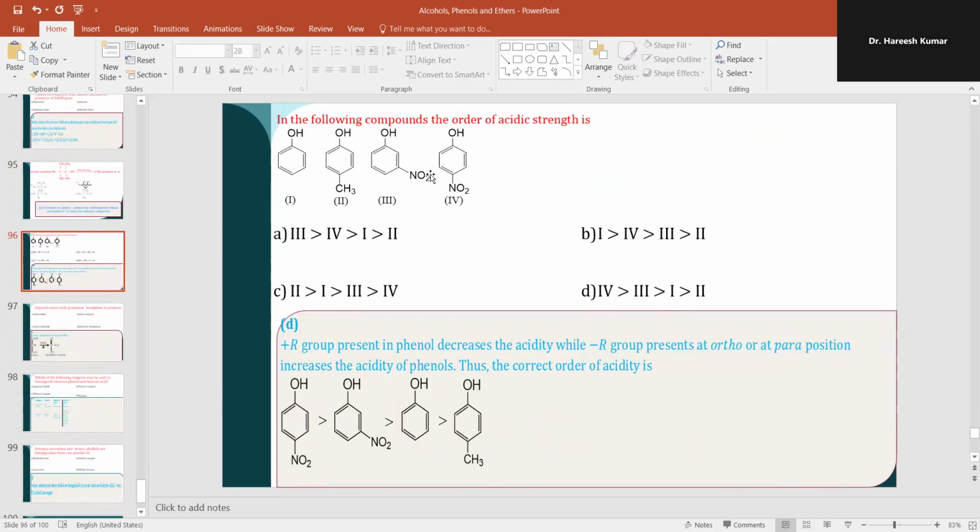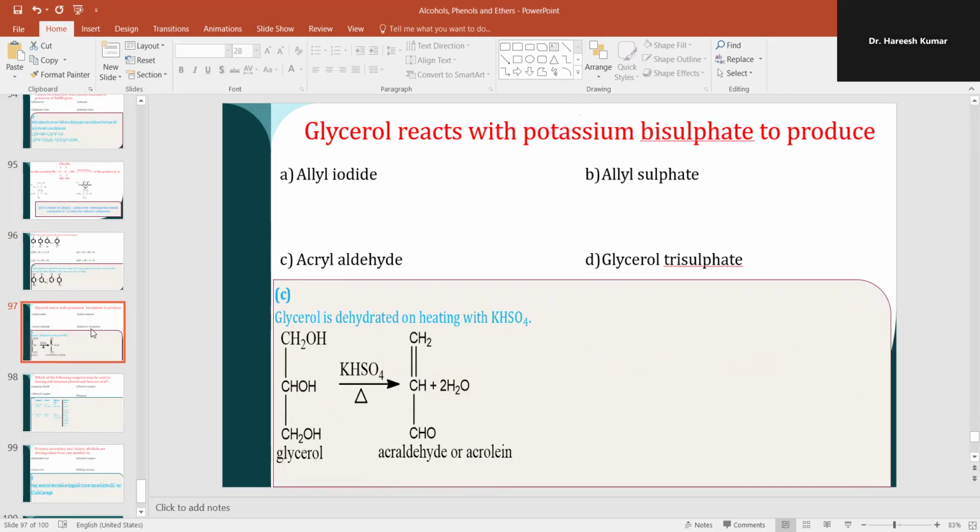So here again acidity strength. Paranitrophenol is more acidic compared to the metanitrophenol, and metanitrophenol is more acidic compared to the paramethyl phenol. Paramethyl phenol is the least acidic. Let's take another one. Glycerol reacts with potassium bisulfate to produce